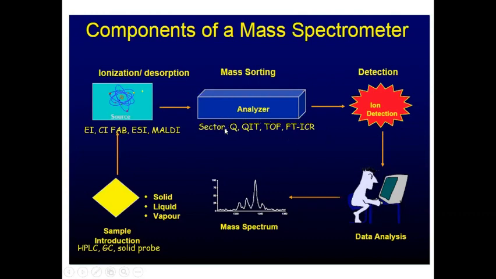This analyzer will sort out the molecules in a mass spectrometer based on mass to charge ratio. And different analyzers have different resolution, accuracy, or precision during the analysis of a chemical substance in a mass spectrometer. So we will see in detail what is EI, CI, FAB, or the different